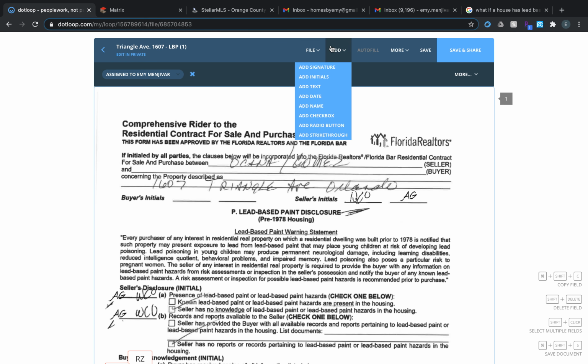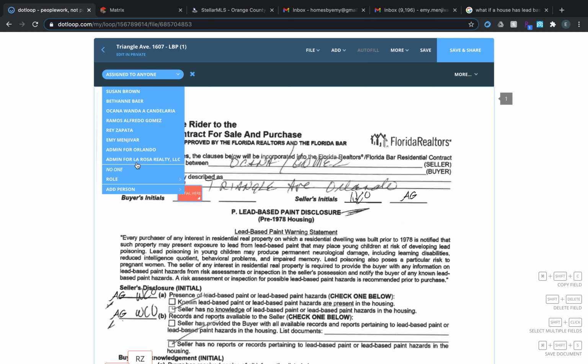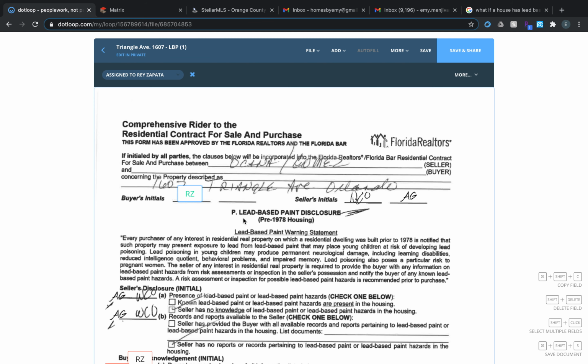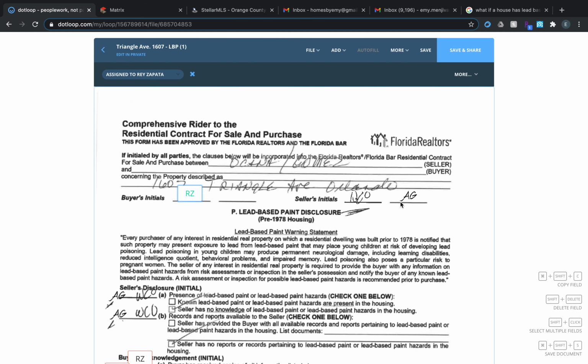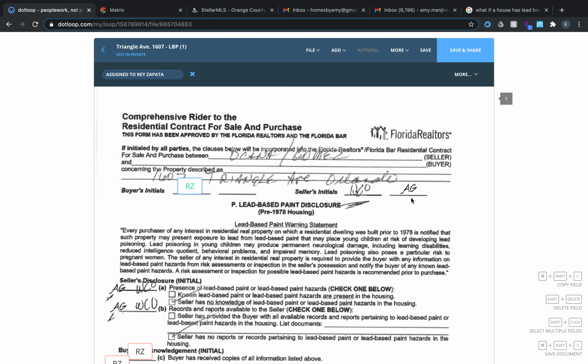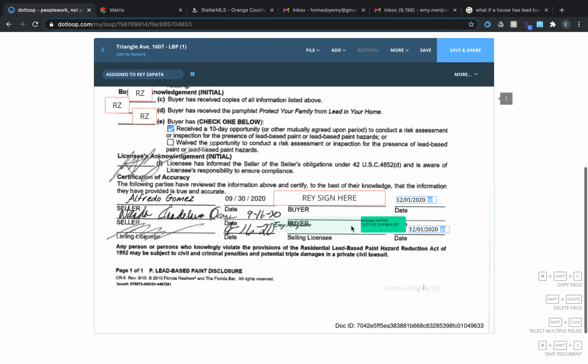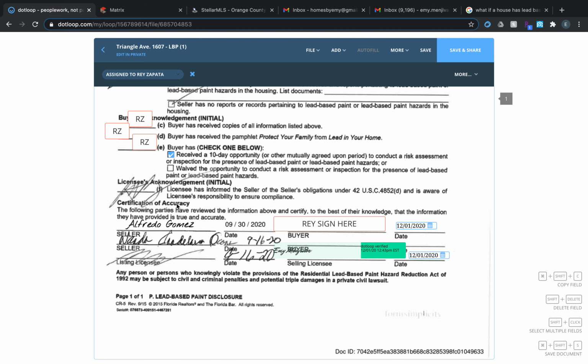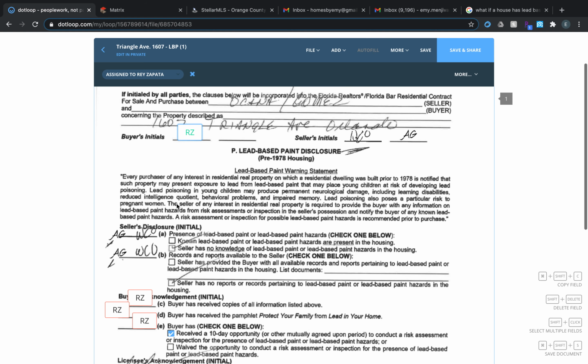Oh, sorry, there is initials at the top. Don't forget that. I tend to forget. So assign it to the buyer. Make sure that it's been initialed by the seller. If it has not been initialed and or signed by the seller, you should not have your buyer sign it or initial it first. It has to be completely signed and initialed by the seller before you go ahead and send it to your buyer. Now you just go ahead and save it